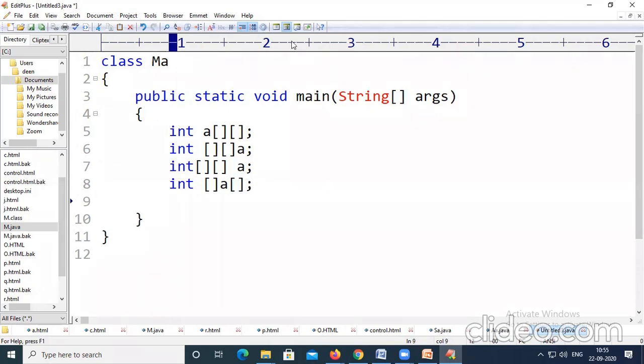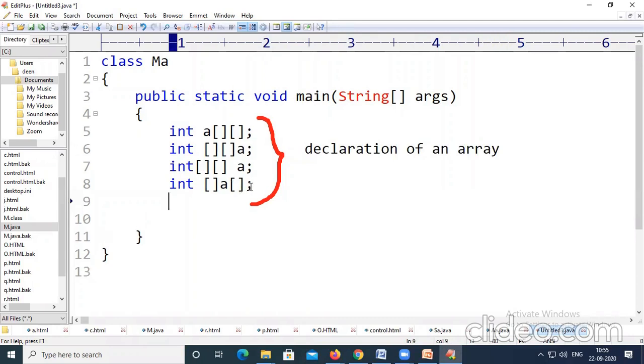All these four things represent the declaration of an array. We can represent arrays in any one of these types. It is called the declaration of an array.